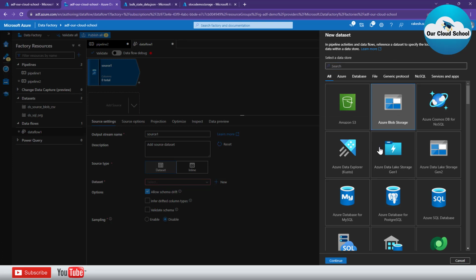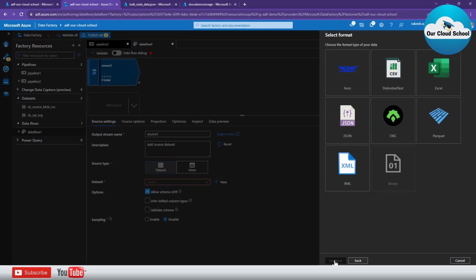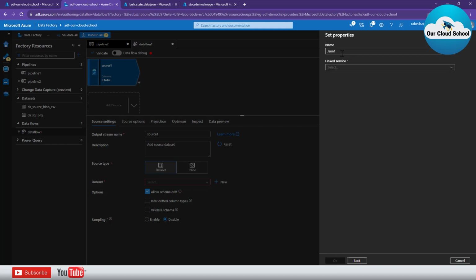So I'll be selecting the block storage as an option, and after that I'll be selecting the JSON file, because our data is in the JSON file format. Then I'm going to select it as JSON. Next I'm going to